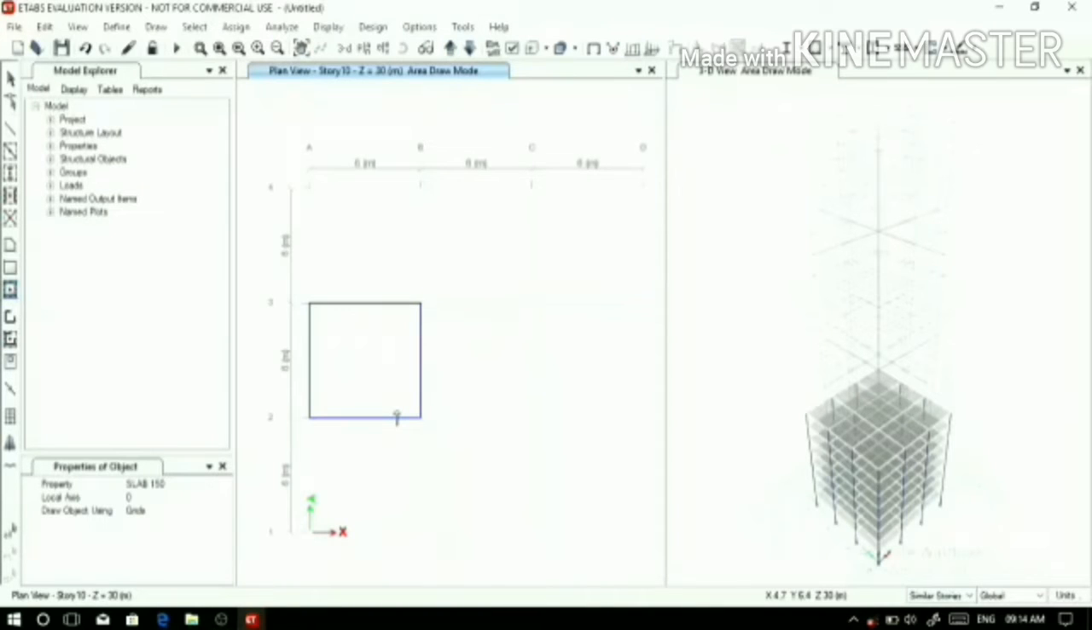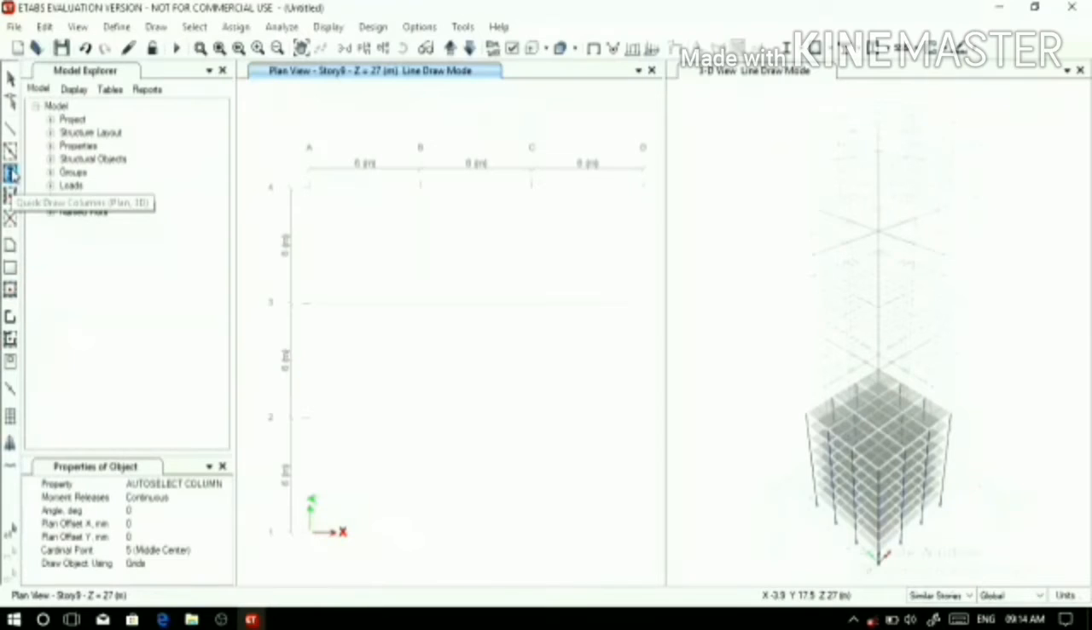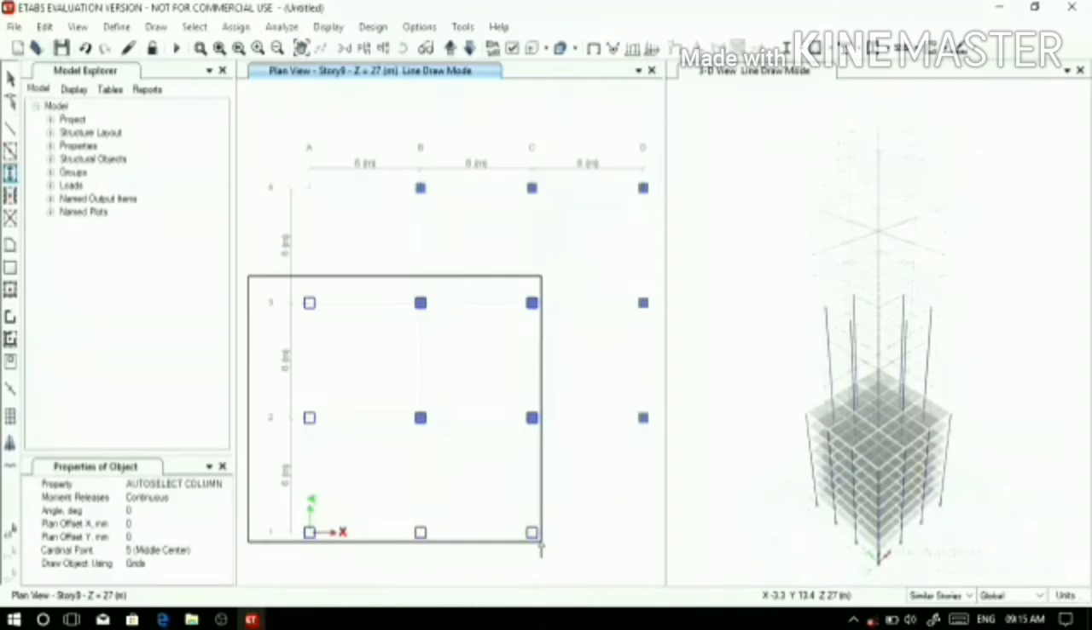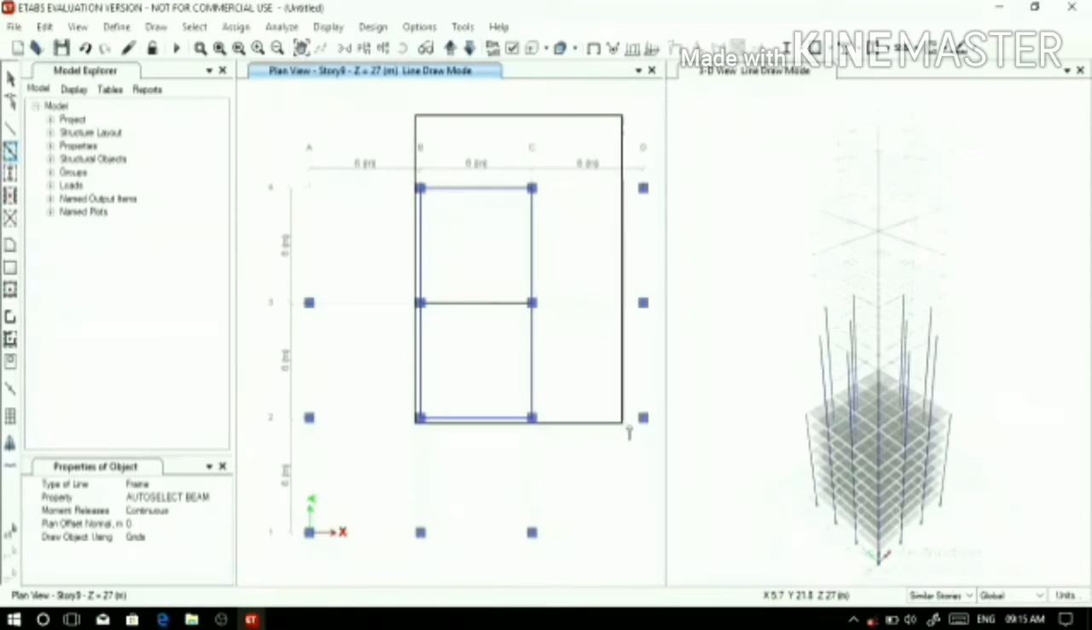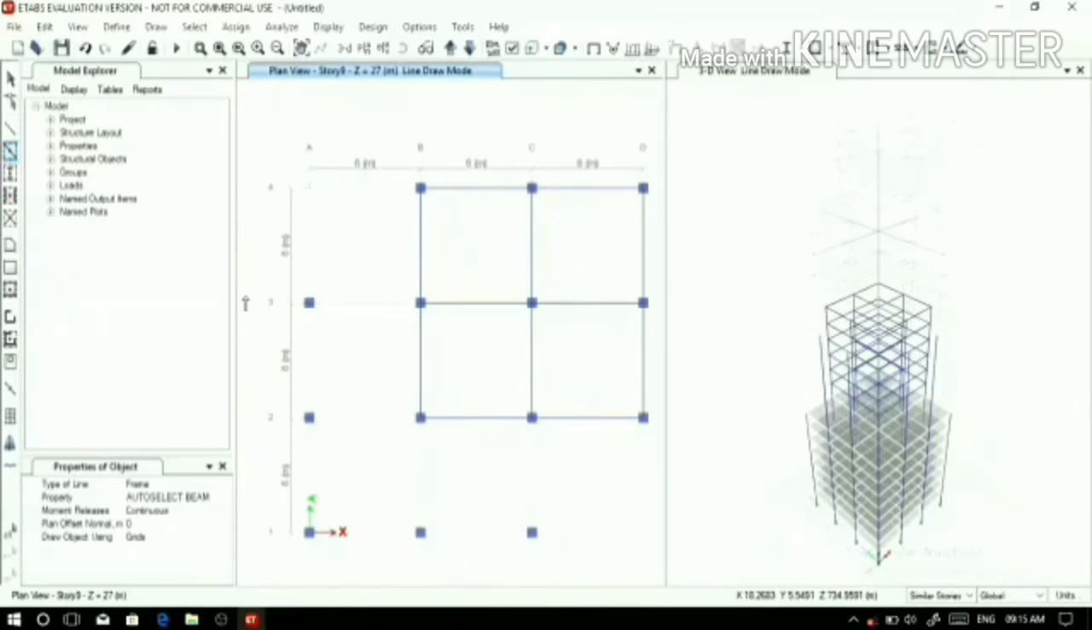Same procedure will be done, but the required areas will be different. Quick draw column option, then drag the required area, then quick draw beam option, select the required area,